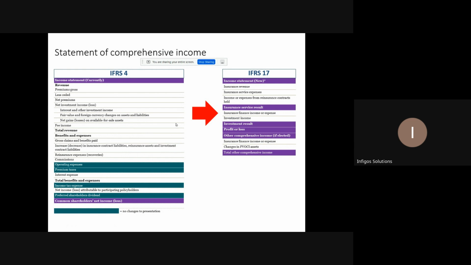So the IFRS 4 profit and loss statement looks like this, and IFRS 17 looks like this. It's more simplified, but it has more components. A lot more judgment is needed, so eventually it will also be replaced. That's what I think, because a lot of judgment is required in calculation. There are different approaches for implementing different components like CSM, risk adjustment, and discount rate, so consistency is not there. But it's more simplified compared to IFRS 4. It's more fair than IFRS 4. So that's why it's used currently.